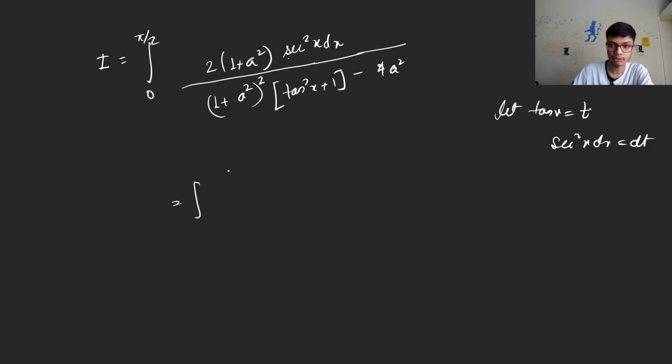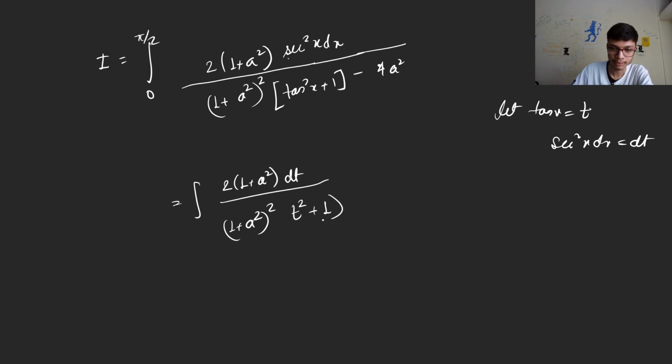So with this, the result is going to be simplified as 2 times (1 plus a square) dt, whole divided by (1 plus a square) whole square t square plus 1 minus 4 times a square. And again you can simplify, and for the limit 0 to infinity, this is the value of the integral. So for this particular integral,